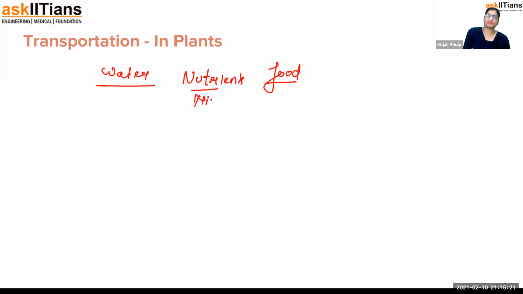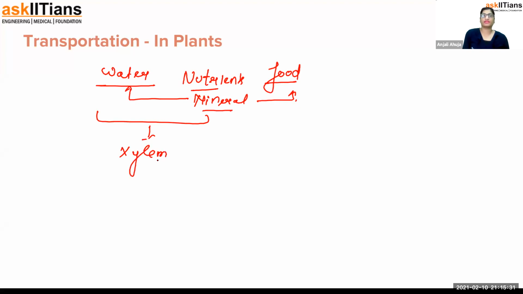nutrients and minerals. These nutrients and minerals can move with the water and also with the food. But water plus minerals used to be transferred into the plant by the xylem, and minerals plus food used to move in the plant with the help of phloem. So basically there are two conducting tissues present in the plant: one is xylem and one is phloem. Together we call them vascular tissues,